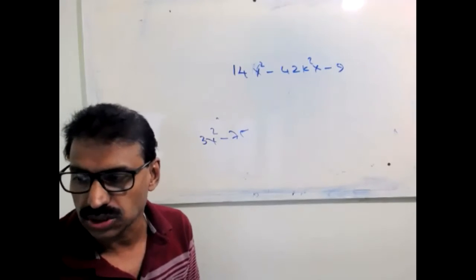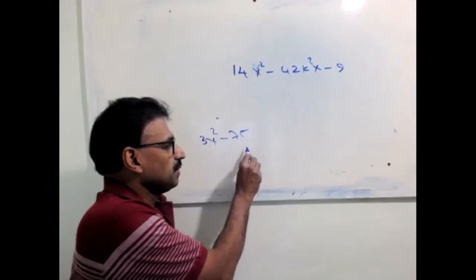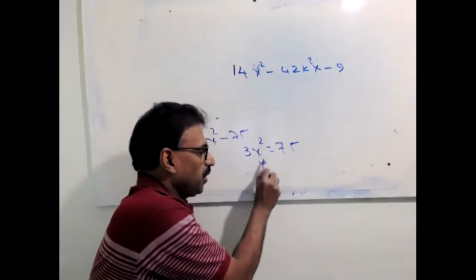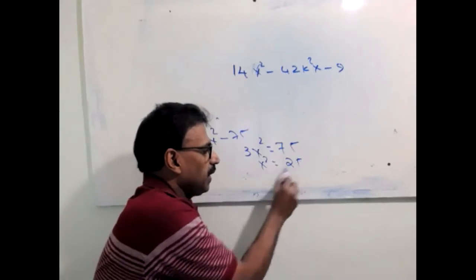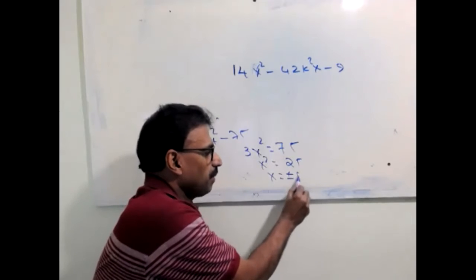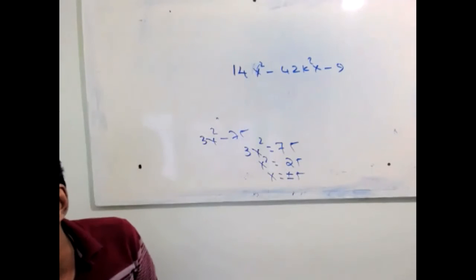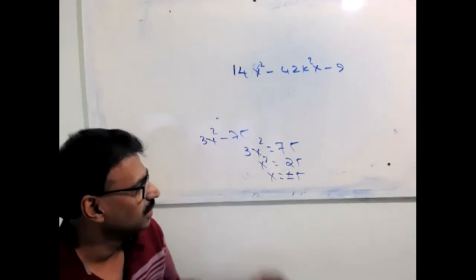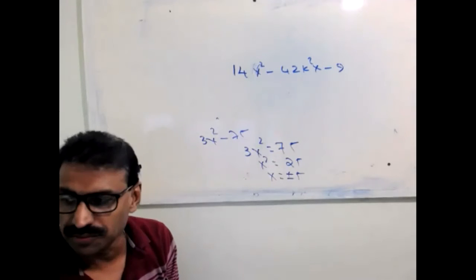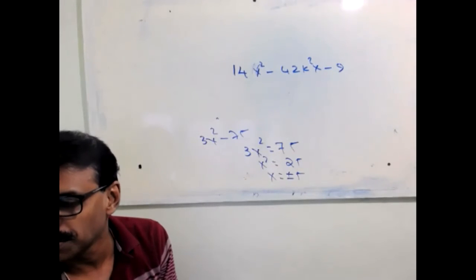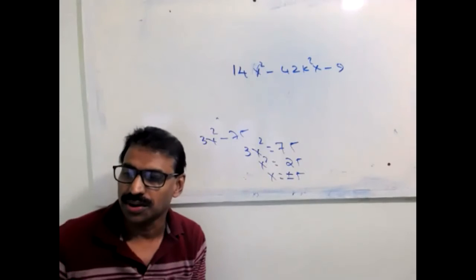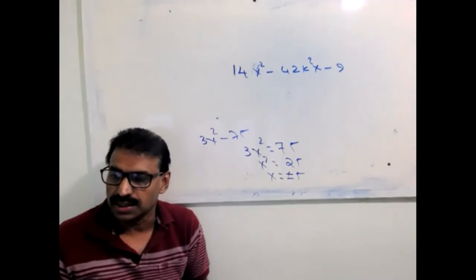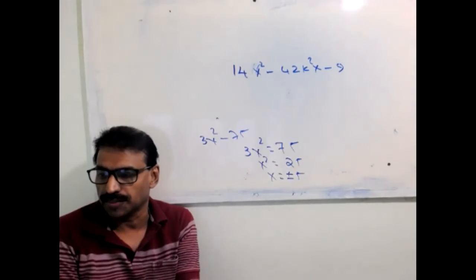No, Divansh, it's wrong. Look here, man. 3x square equal to 75. x square equal to 25. x equal to what? Plus or minus 5. Plus or minus 5. That means, Kashinath, how come 0 is coming? 3x square equal to 75. You simply said 0. It's not a lottery. Understand that. Math is not a lottery. Some reasoning is there.